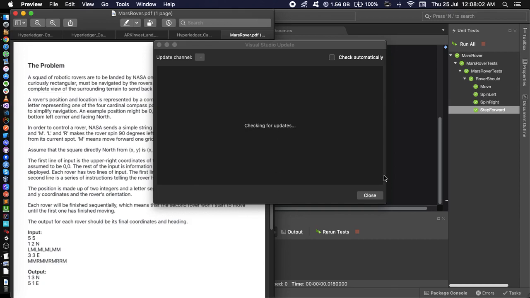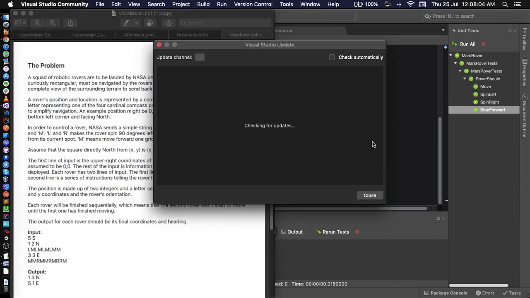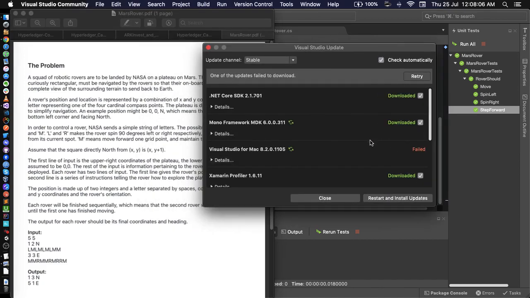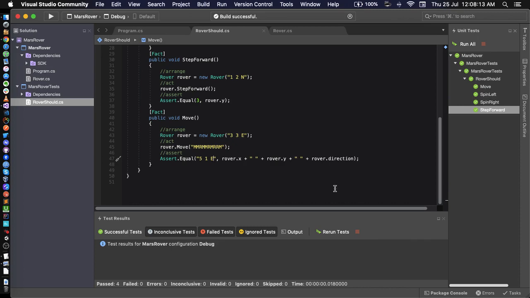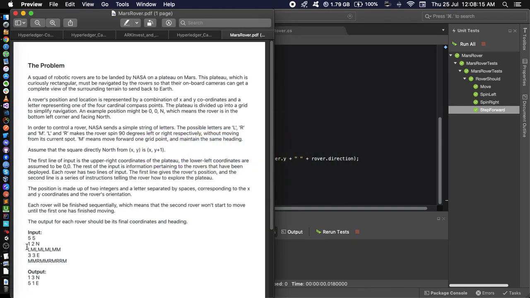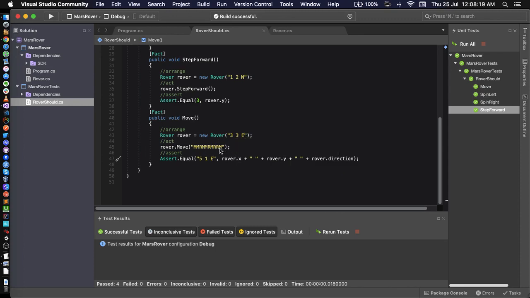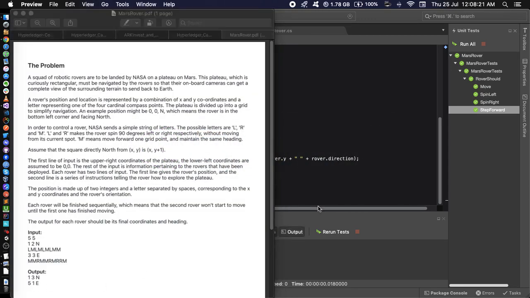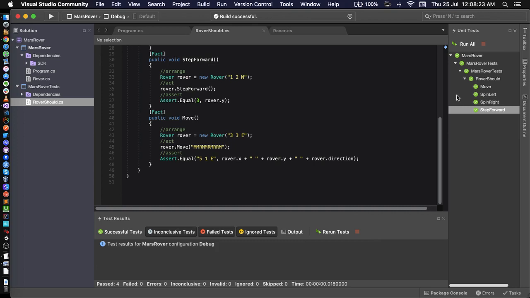3 3 E and that instruction, checking for updates, you can close. So updated everything except the IDE itself. We can come back to that. All right, so 3 3 E and MMR and so on, and then the output should be 5 1 E. Output should be 5 1 E. So let me just deliberately